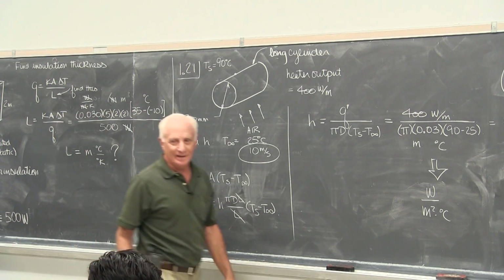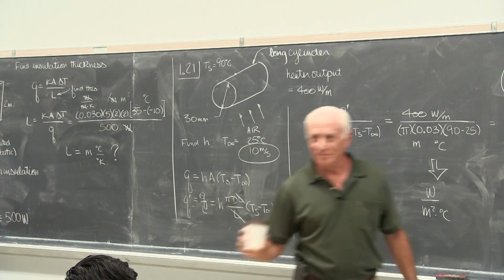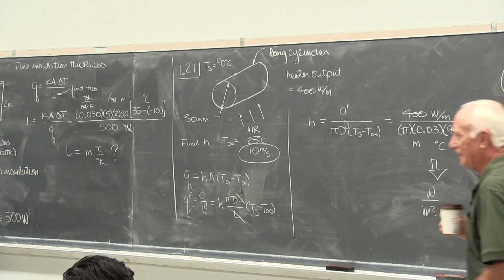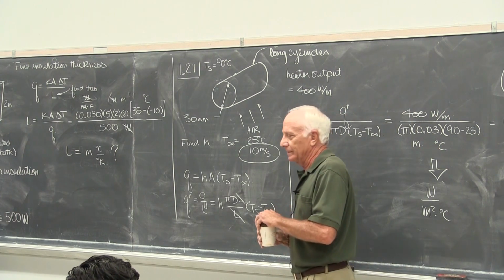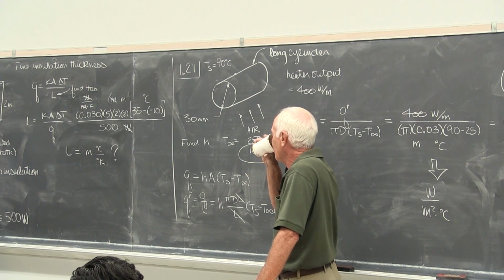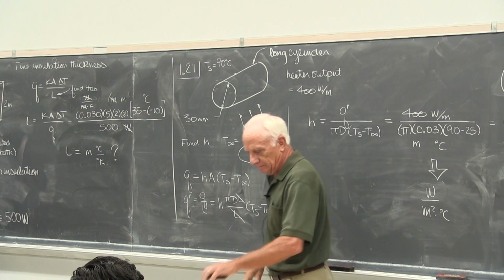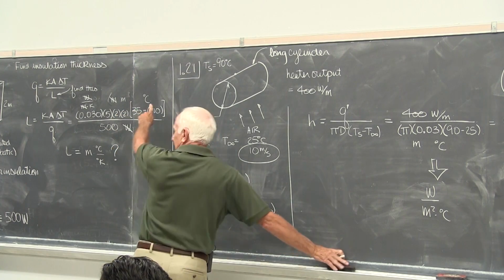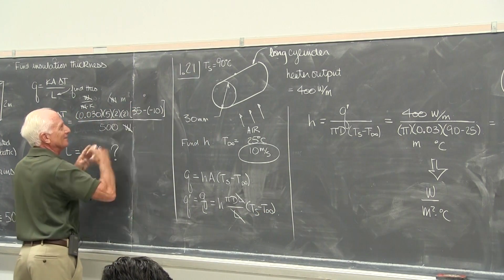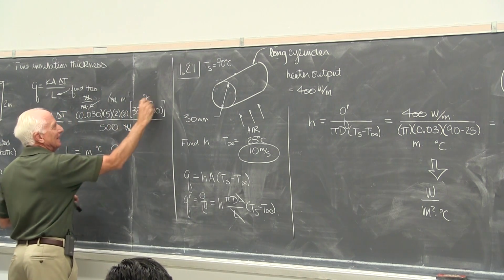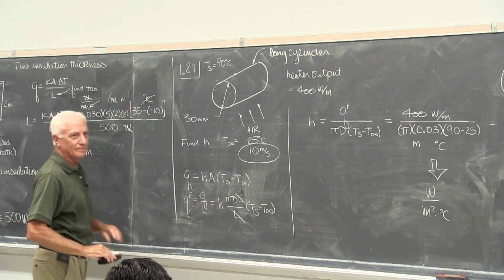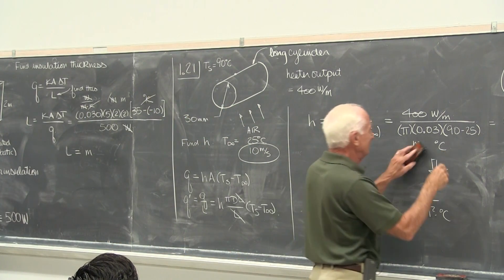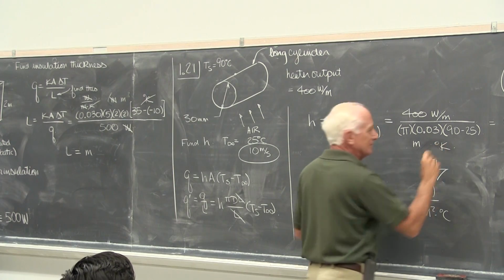What in the heck is that? How can the thickness of a wall be in meters, degree C per degree K? That's nonsensical. Of course it is. And the reason is, you know what? I don't like that degree C there. I'm going to make that degrees K. Cancel, cancel. Okay, it's fine now.